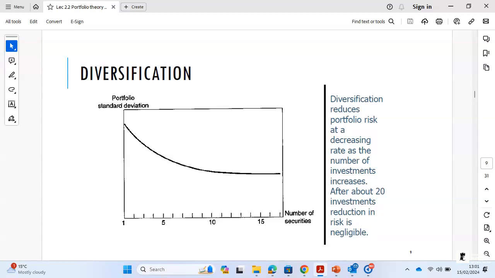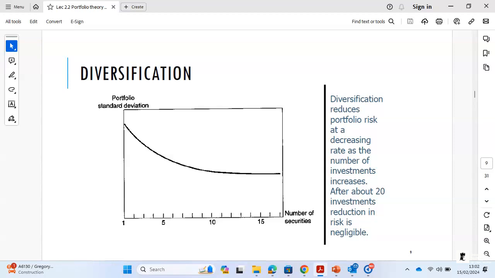No? Okay. So looking at this graph, there is an obvious question that you can ask. As you add on more securities, the risk does go down, but you can't completely eliminate the risk. It doesn't go down to zero, right? So the risk is going down, but it doesn't go to zero, which means diversification helps reduce risk, but it doesn't eliminate risk altogether.